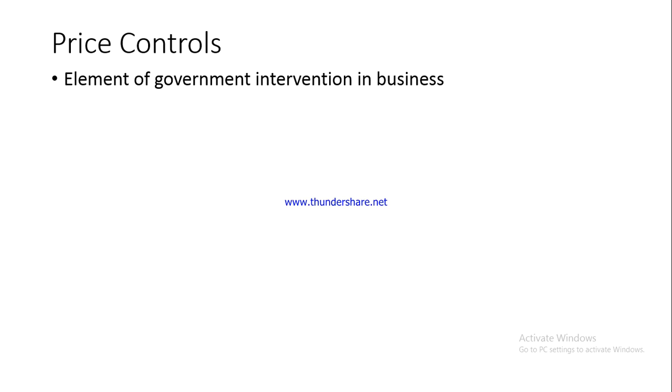Now we'll be talking about what price controls are, but you should understand that this is basically an element of government intervention in business. Why is government controlling the prices of items produced by the private enterprises, or for that matter those even produced by the public sector enterprises? Why is government doing that? So that is in a way an example of how governments intervene in the business affairs, right? So that is an example of state intervention, and we have discussed state intervention in businesses in unit 4, I hope you remember. So this is an example of state intervention in businesses, right?